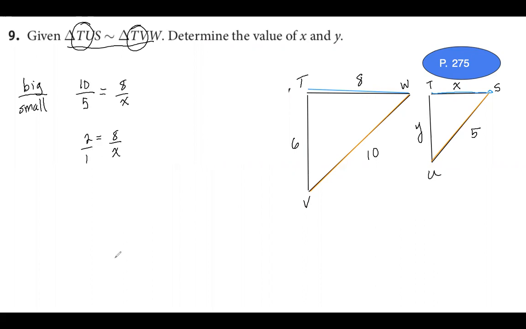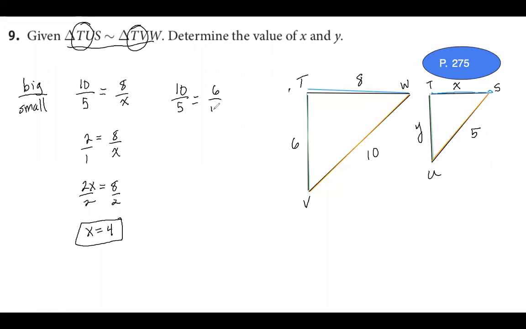It's just going to make my life easier, right? When I cross multiply, 2 times x is 2x, 8 times 1 is 8. Divide both sides by 2, and I get x is equal to 4. Yay! All right, let's do it again. Same scale factor, 10 over 5, which is 2. And now I'm going to use my last pair of corresponding sides. So we've got TV corresponds to TU, which means I can write the proportion